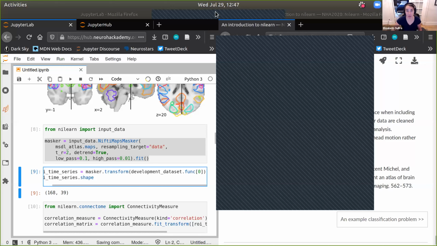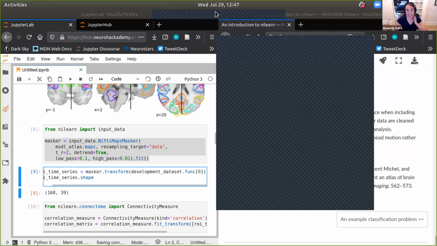But this is just to show you how we can go from one to the other and hopefully provide more context for both. So what we'd like to do now, if you'll recall, is that everything we've just done has been in one subject, specifically the first subject that we fetched from the development data set. But for the machine learning analyses we're interested in doing in this example, you need a few subjects. If you want to do it well, you need a lot of subjects. But for the purposes of illustrating how it works, you only need a few, right? So this is not for research. This is just to show you how it works.